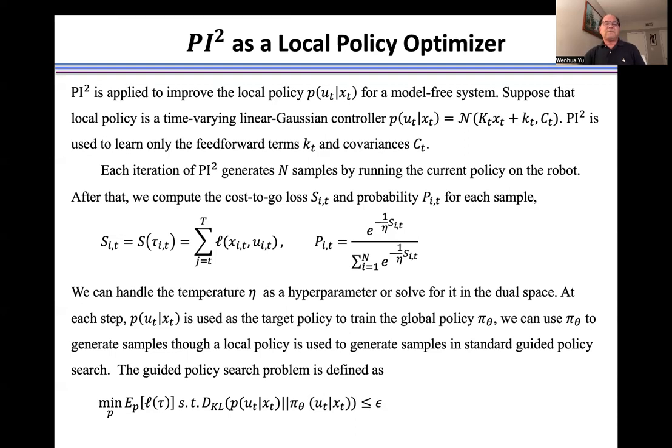At each step, this local policy can be used as the target policy to train the global policy. So we can sample by using the local policy, or use this global policy on the real robot to generate samples. So then finally we got the